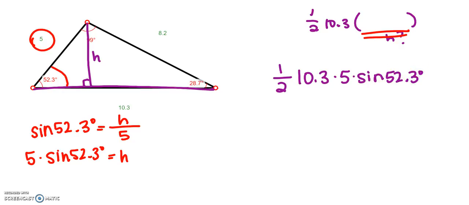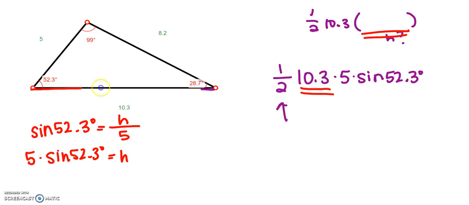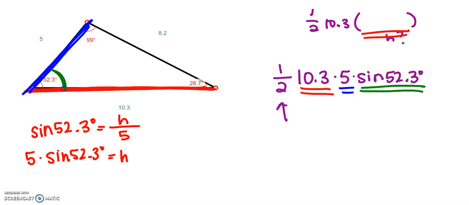Looking at my original triangle, let me erase all my markings, the area of this triangle was really equal to 1/2. That's just going to stay because of the area formula for a triangle. Here's my base, this side here. Then I didn't need my height. I just have 5, that's this side here, and I have the sine of this